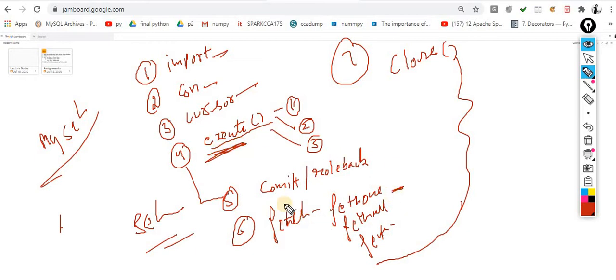If you are doing the execution, then commitment is mandatory. When you are fetching the data, at that time the commitment is not necessary, because you are only fetching the data, you are not changing it. Whenever you are changing the data, the commitment is necessary. And the last important step is that you are supposed to close the connection. Unless you close the connection, sometimes the connection can be damaged, the database can be damaged. So these are the mandatory 7 steps required for database connectivity, similar to your file handling.